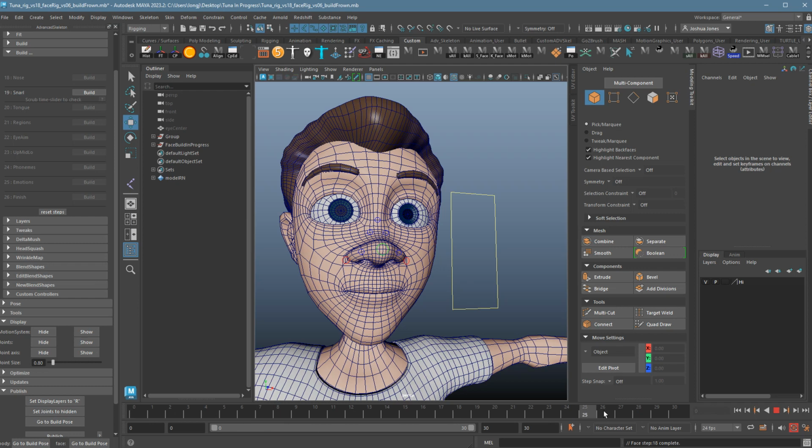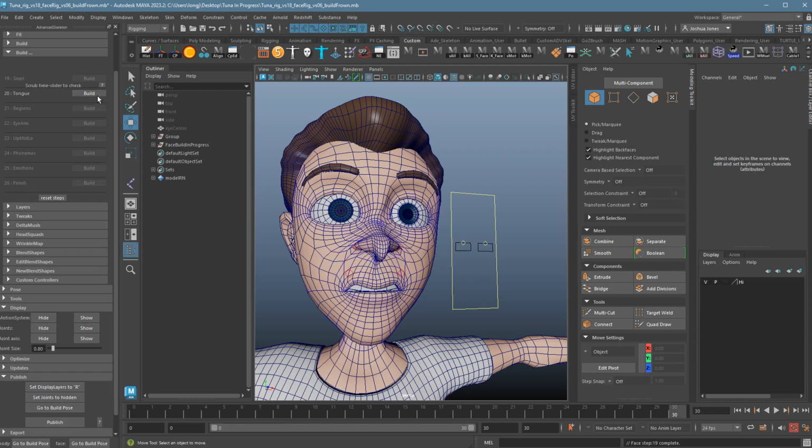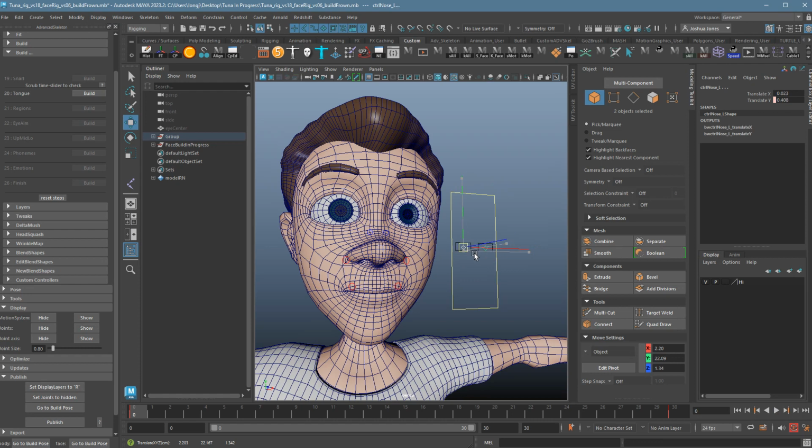It says you can scrub in here, but I'm not actually getting anything. Oh, that's only for the snarl. Okay, fine. I will build the snarl. The snarl we can check. Not crazy about that one in terms of a pose, but the fact that I can do all these things with the nose is actually pretty nice. And we can see the actual controls right here, which we're not allowed to move. Oops. All right. Undo if you do something you're not supposed to,